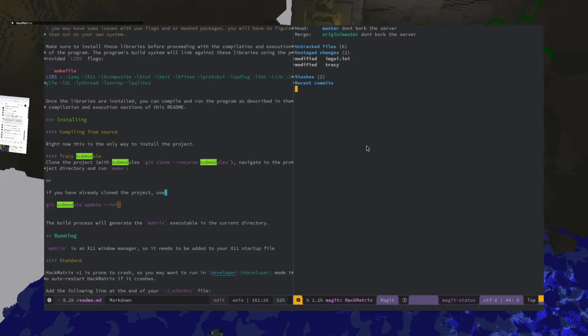So there'll need to be some sort of asset manager that runs on the server, and it downloads everything into the .hackmatrix folder or something. Thinking is probably what needs to happen.